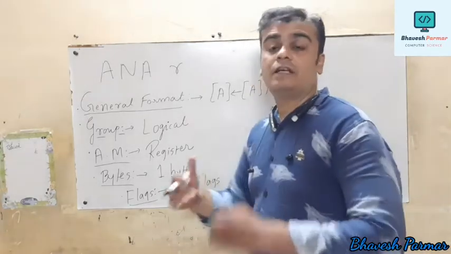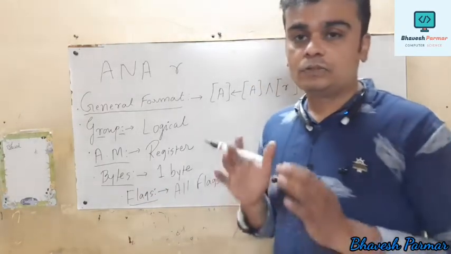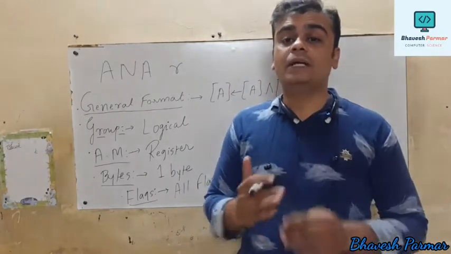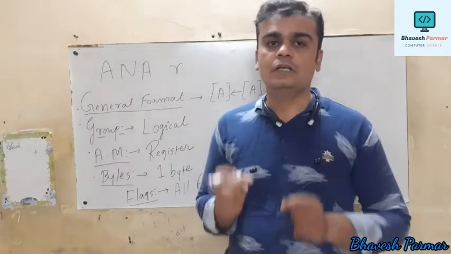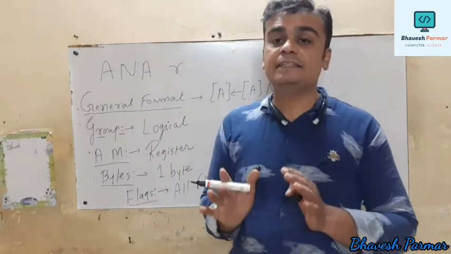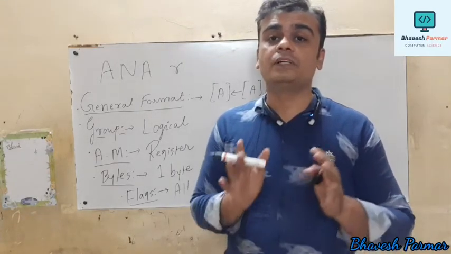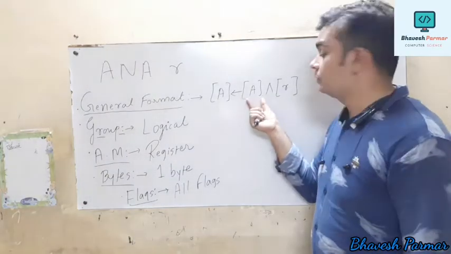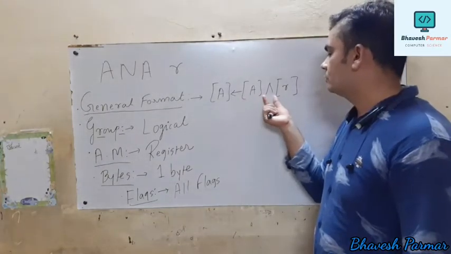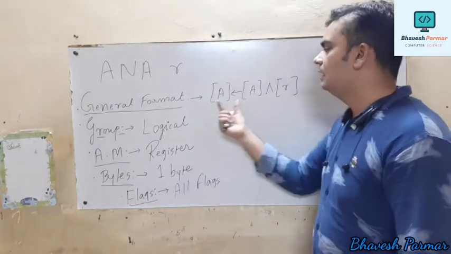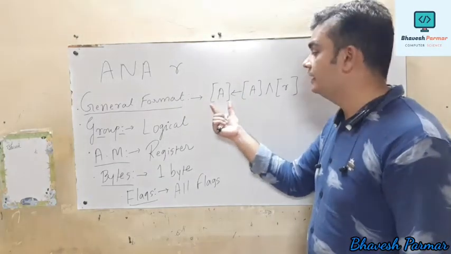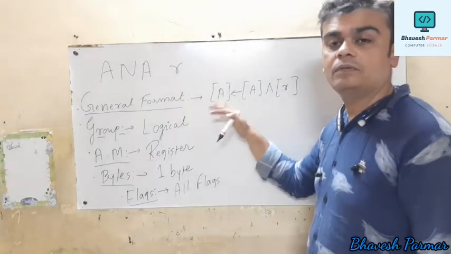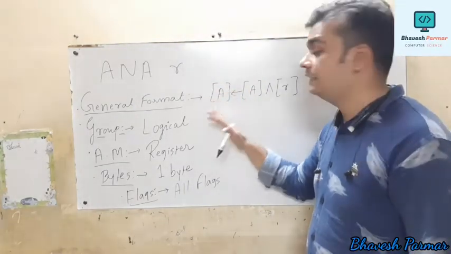Okay, thereafter our next point is what? Explanation. So guys, in our previous videos I also told you how to write down the explanation of this instruction. It totally depends on your general format. That is, when this instruction is executed by the microprocessor, the content of the accumulator performs a logical AND operation with the register, and the result will be stored in the accumulator itself. So in this way we write down the explanation of the given instruction.